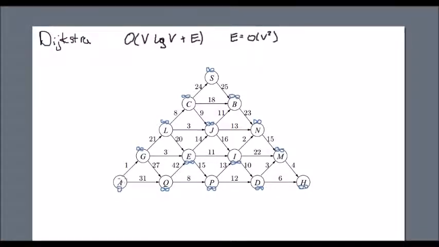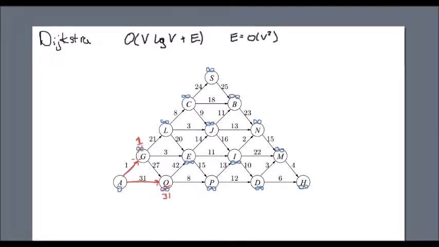So what we do is we choose A and we want to find the distance from A to all of these others, the smallest distance that is to all the other vertices. So we start at A, and we get to A by 0, and we want to update the 2 other vertices we can get from A. So we can get to G with weighting 1, and we get to Q by 31, right? Okay, so now we're going to look at the vertex with the lowest weight,